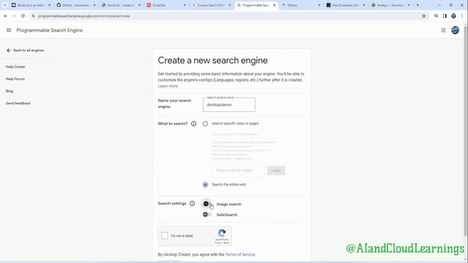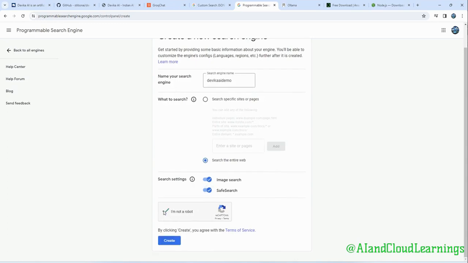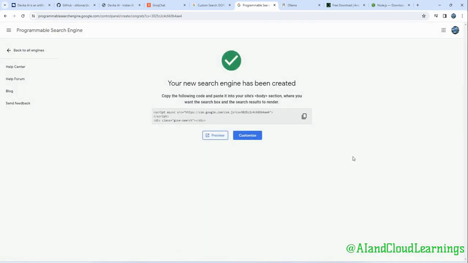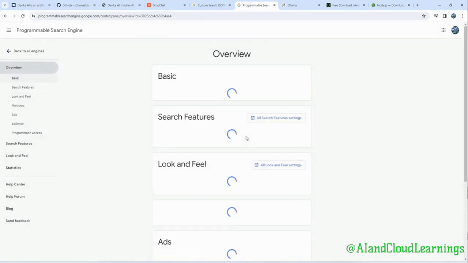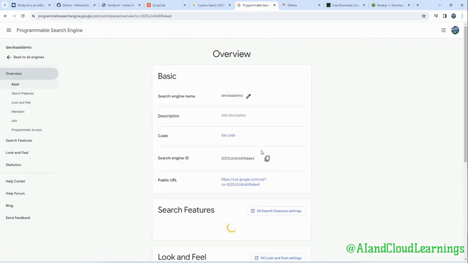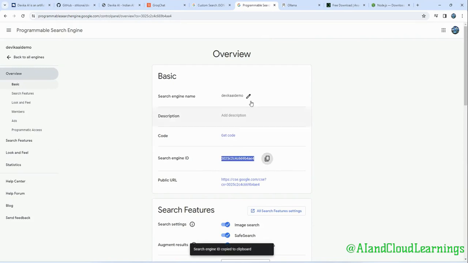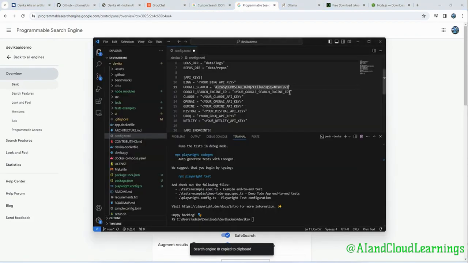And also I'm going with image search and also the safe search. And I'm not a robot here. And then click on create. It's going to generate a programmable search engine API key that we can use. Okay. So the new search engine has been created. Click on customize. And here it is, the search engine ID. So copy this. Now I'll go to this configuration file